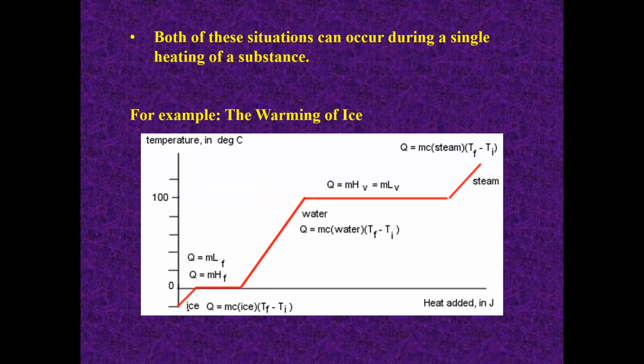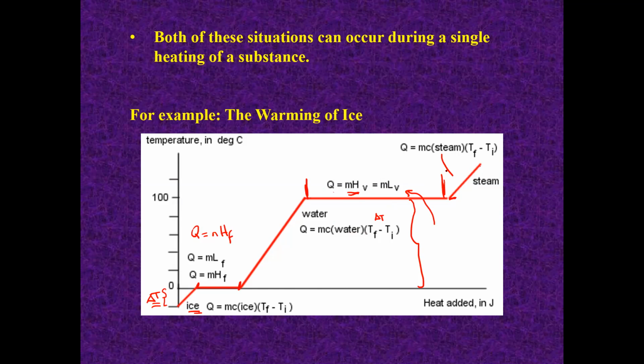Now take a look at this. Here is my ice. Because there is a change in temperature here, we use Q equals mc delta T. But then once it gets to 0 degrees Celsius, we use the second formula, Q equals n times heat of fusion. And then when the water warms up, when it goes from 0 to 100, we use delta T again. And then when it goes from a liquid to a gas, we use m times the heat of vaporization,